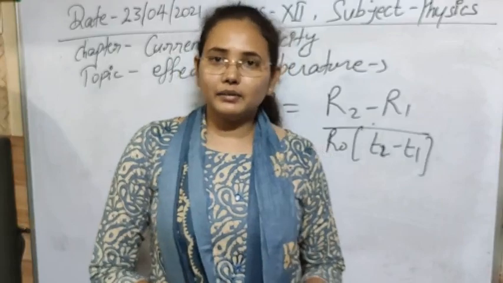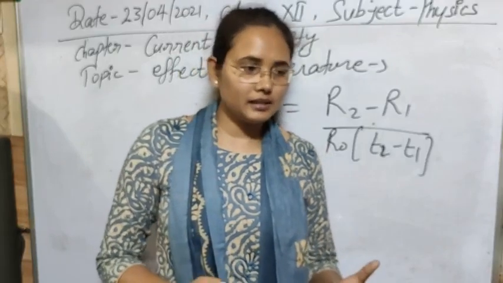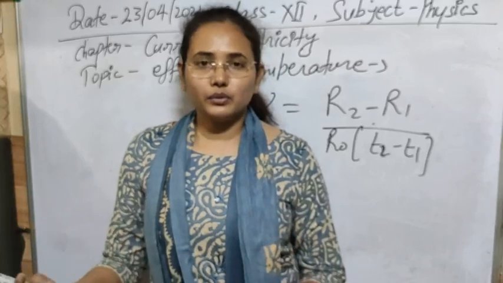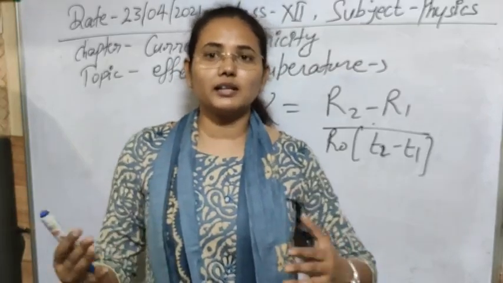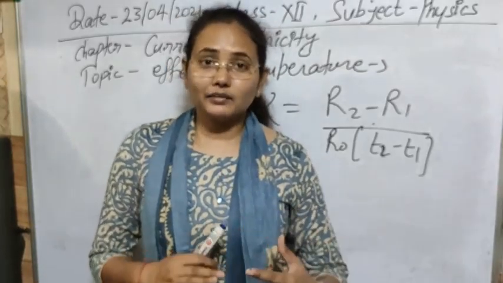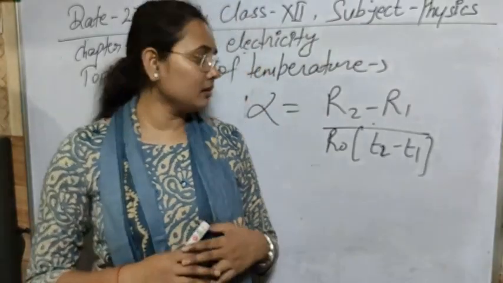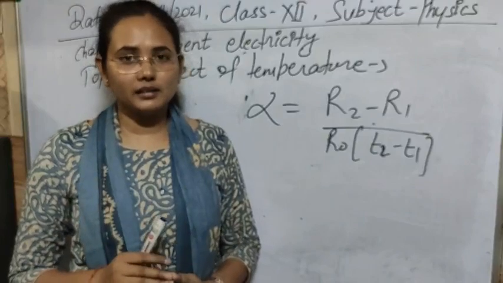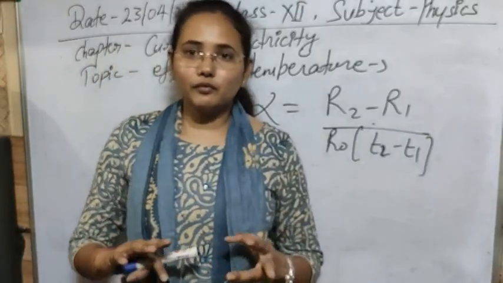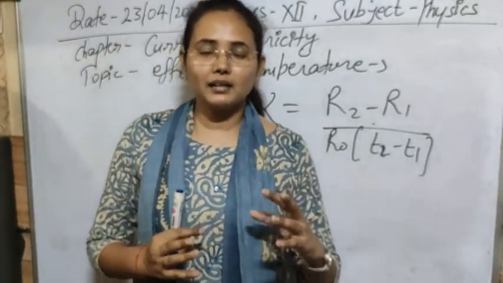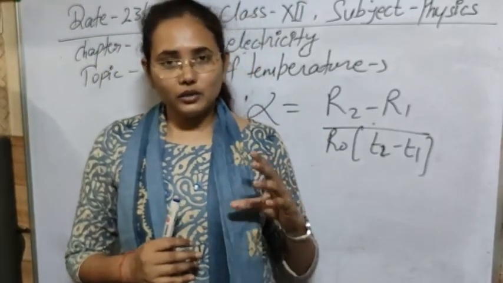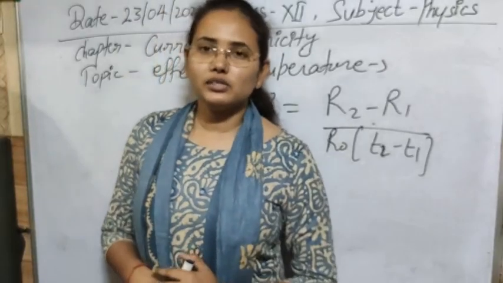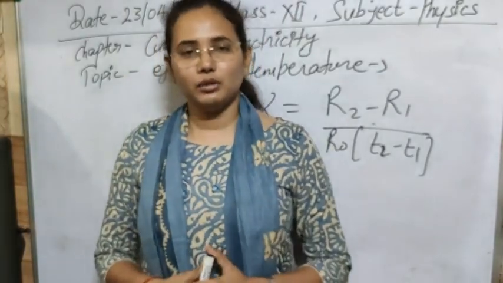It means that if there is any condition present in our atmosphere, where we are using resistors in air, in moisture, in winter or rainy seasons, then due to that physical atmospheric condition, there should not be any change in resistance. These are basically the properties of a standard resistor, and these properties are fulfilled by the alloys of manganese, constantan and Eureka. So that's why we are using such kind of material. Mostly we use manganese to make such material.